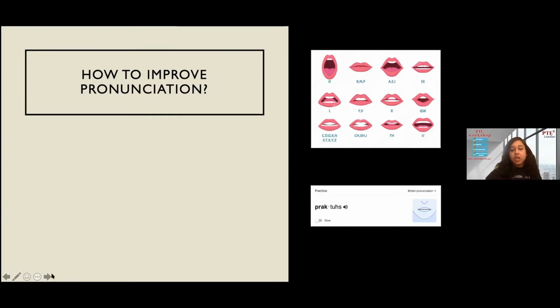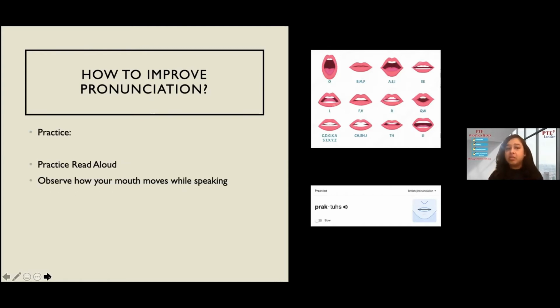So obviously, the first strategy would be practicing, but practicing in the right way. The wrong way of practicing can actually make your situation worse. So my first suggestion would be practicing English loudly. When you are looking at some sentences and you want to improve your pronunciation of the words in them, read them aloud, because there is a difference between reading the same sentence silently in our mind and reading it loudly using our mouth movement. There is a huge difference.